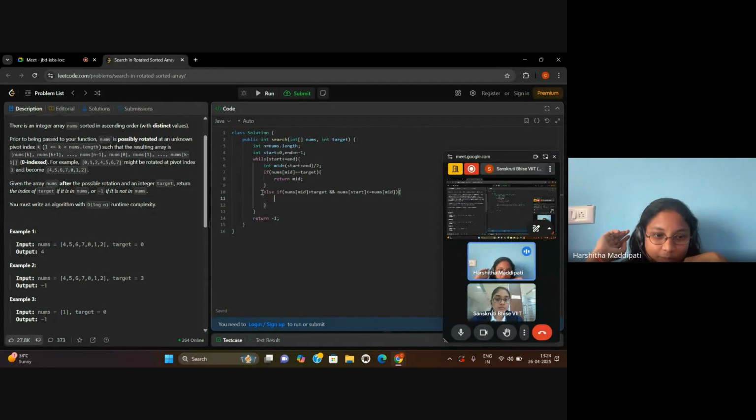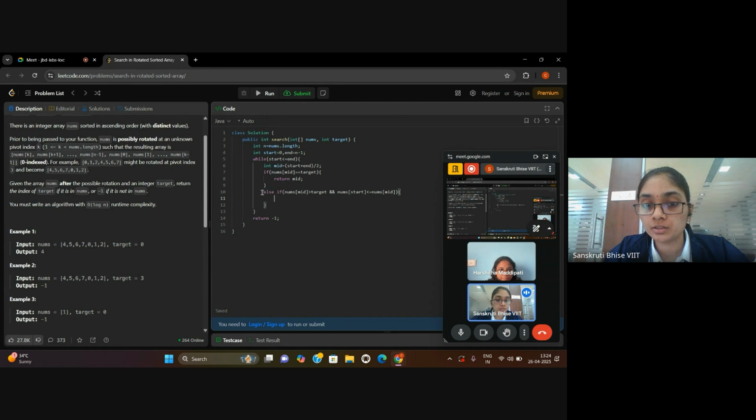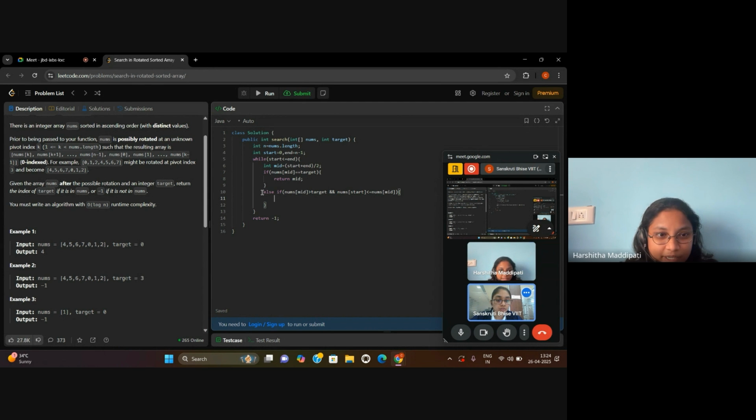Just consider a normal sorted array: how would you find the element? I will compare it with the middle element. Let's say start is the start element, mid is the end element, and you have to find the target. You can compare: if the target is greater than start and target is less than mid, then it is the window.